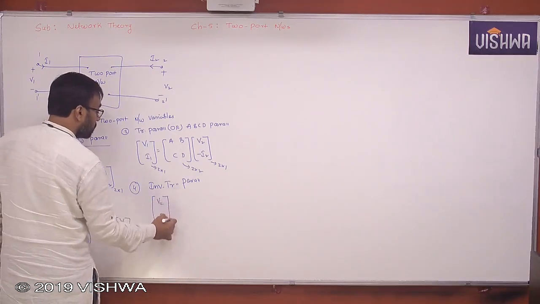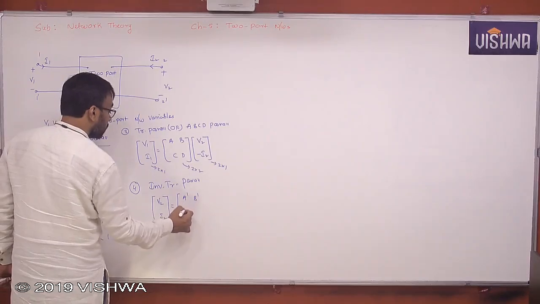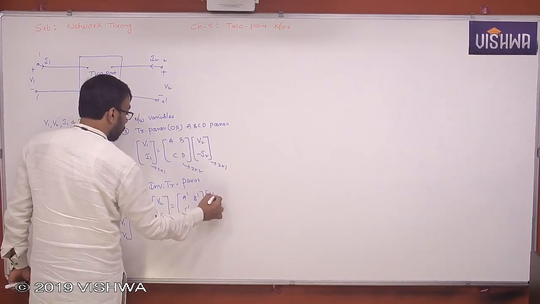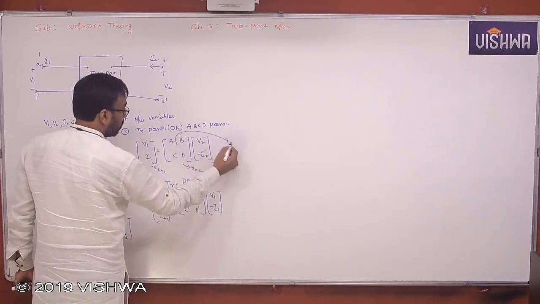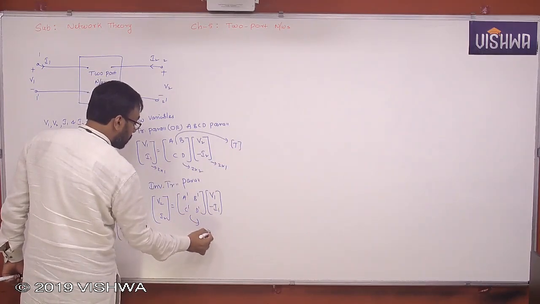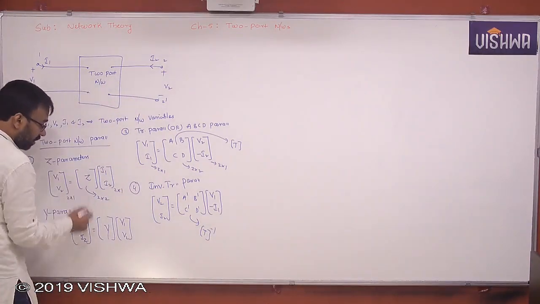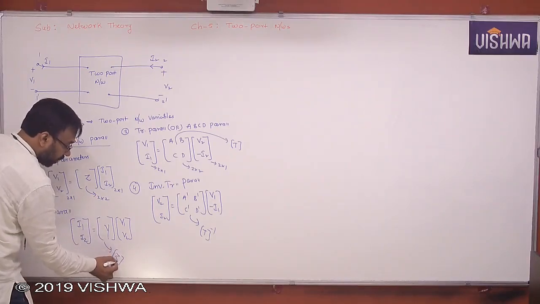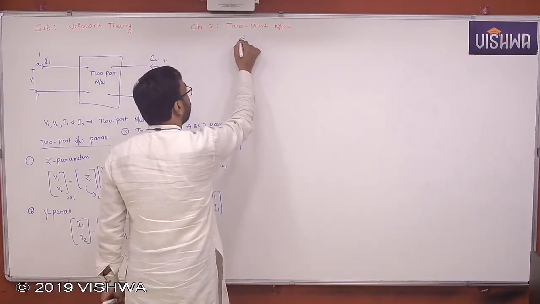V2, I2, the A dash, B dash, C dash, D dash parameters, V1 minus I1. If this is a transmission matrix, then this is the inverse transmission matrix, you call it. If this is the Z matrix, the inverse of Z will become the Y matrix. And the fifth one is